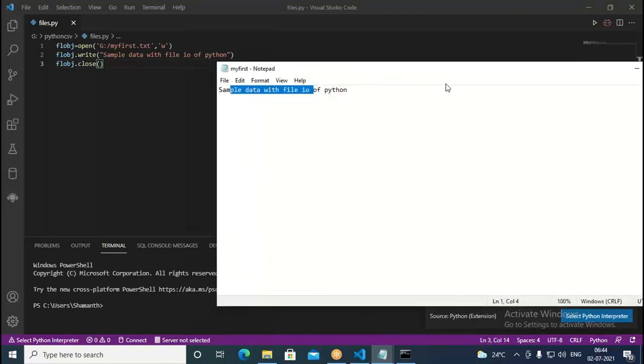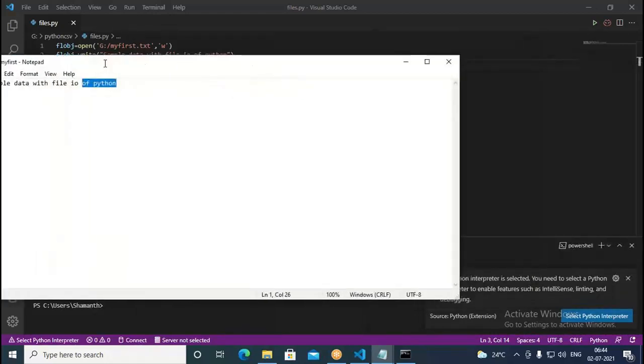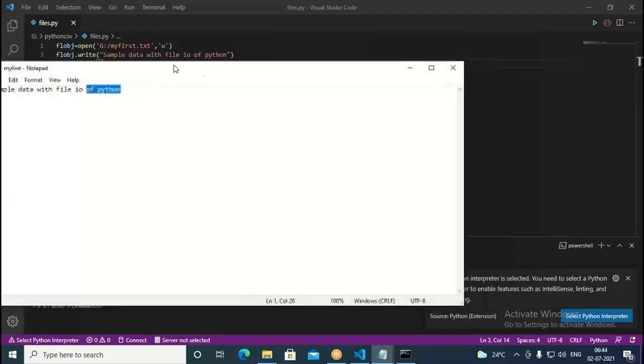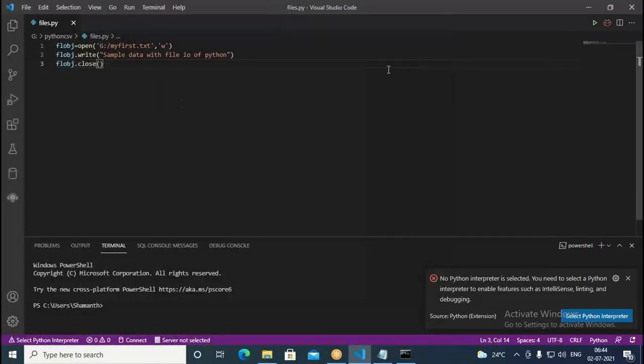Now suppose I want to put some other content in the same write mode I've opened. Now you have this data. Sample data with file IO of Python we have. Now I close the file, then I try to change it. Earlier what we had was sample data with file IO of Python. So this was written. What I do here, I just comment it. The next thing, I want to write something different. So earlier we had that in the given file. So sample data with file IO of Python, writing into